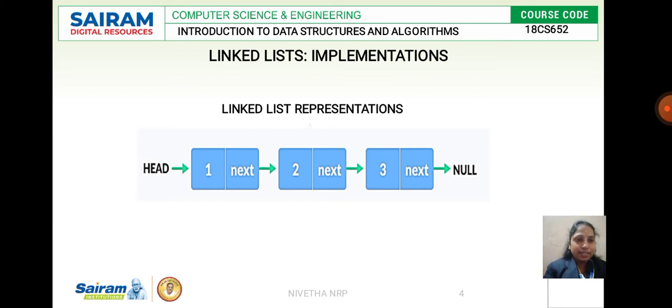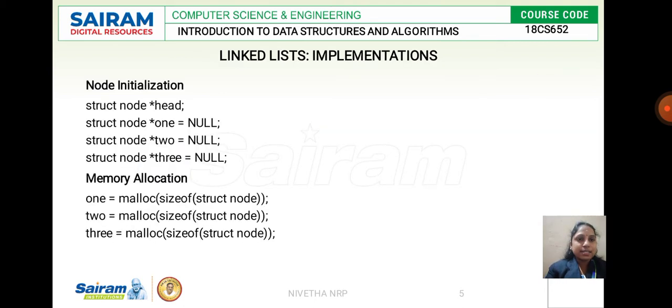So, 1 is the element we are going to store in the first node. So it is the first node, the element it is holding is 1, and next specifies the address of 2. And in 2 we have the element, that is 2, and the address of 3. And finally 3 is the last node. Hence in the address field we specify a null value. Null specifies that it is the last node in the list.